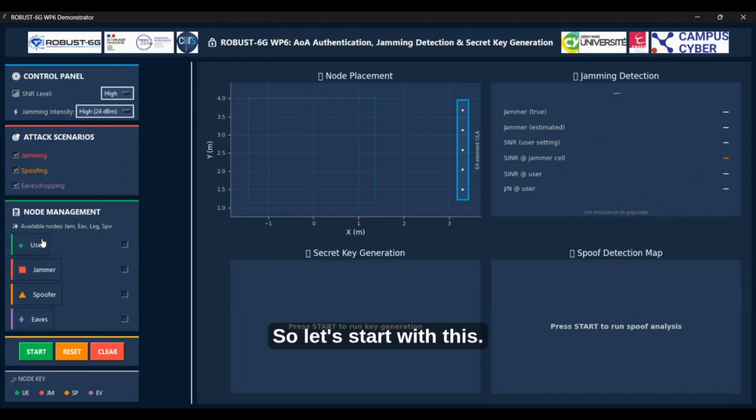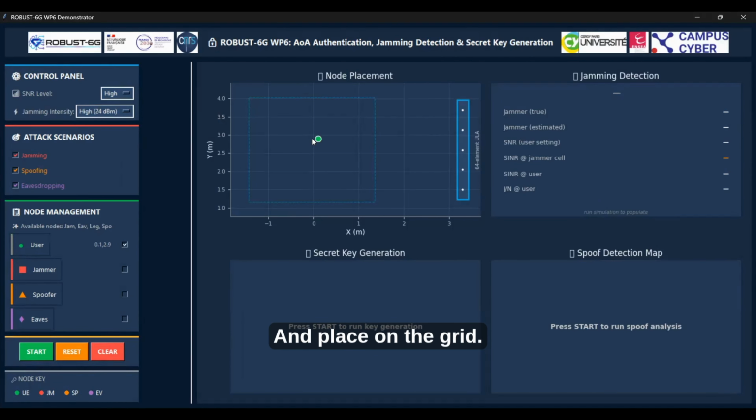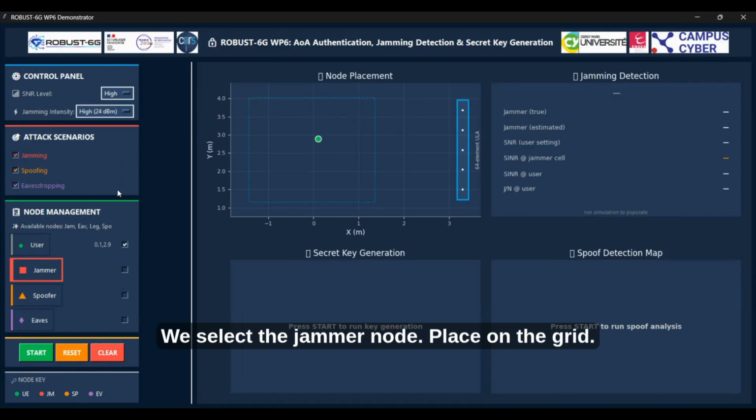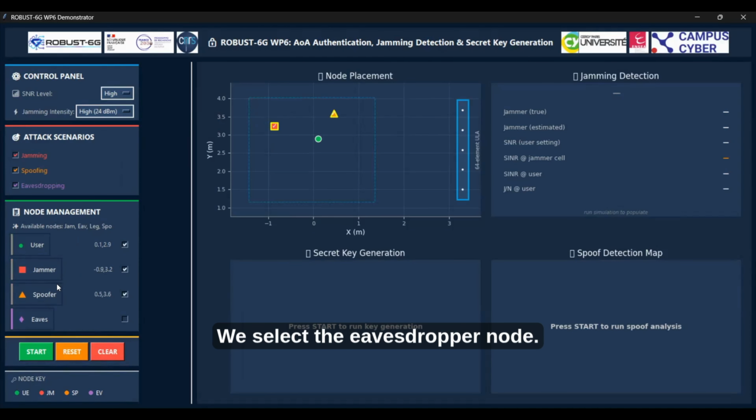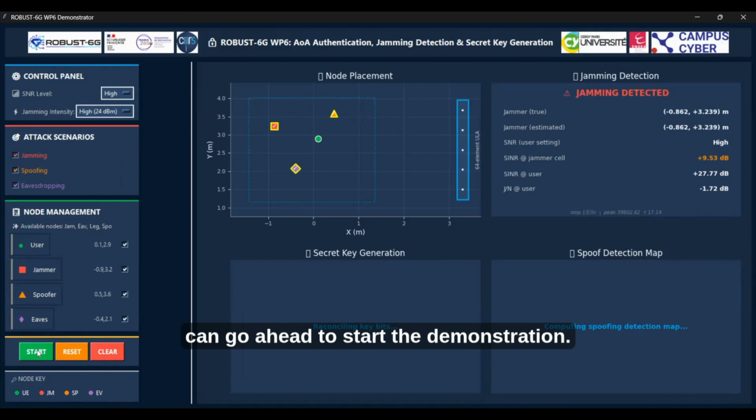So next, let's start with this. We select the user node, the legitimate user node, and place it on the grid. We select the jammer node, place it on the grid. We select the spoofer node, place it on the grid. We select the eavesdropper node and also place it on the grid. After placing them, the user can go ahead to start the demonstration. Here we can see the